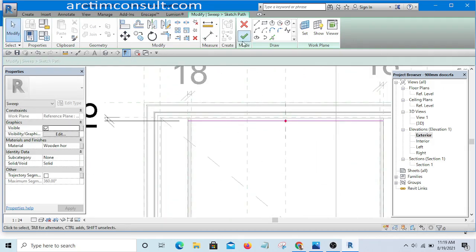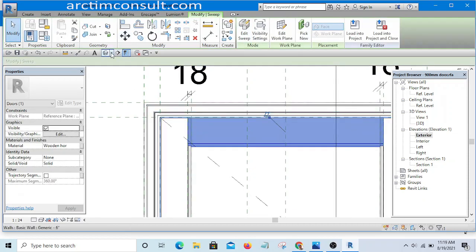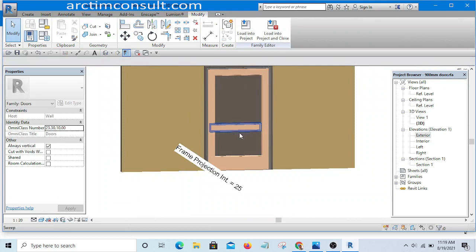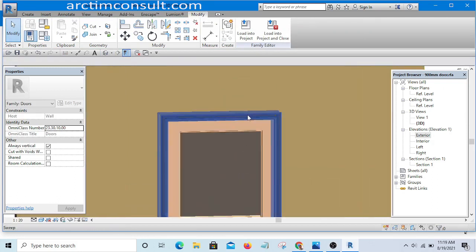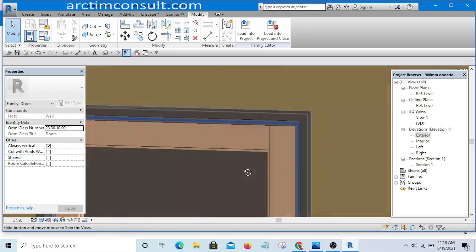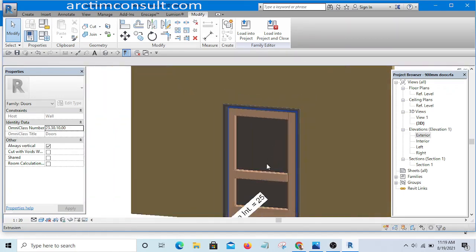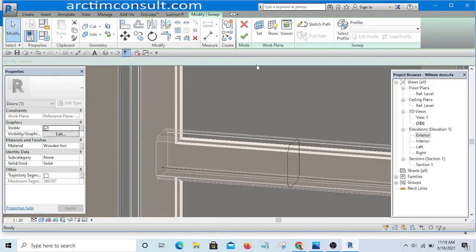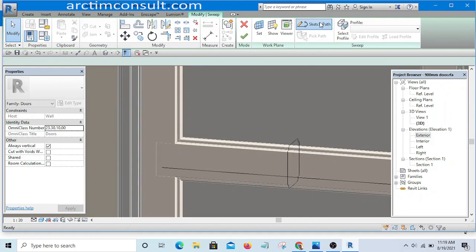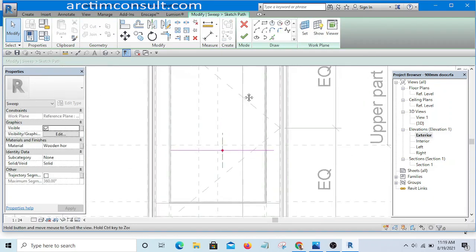Now let's see it in 3D, what we have just created. How does it look? This looks better. Okay, we are going to do the same thing to this middle one and sketch exterior, and then